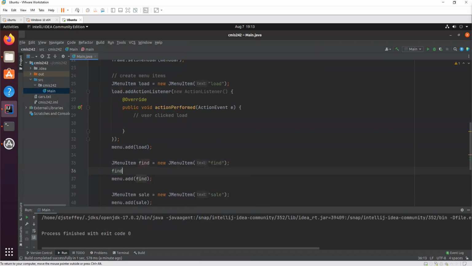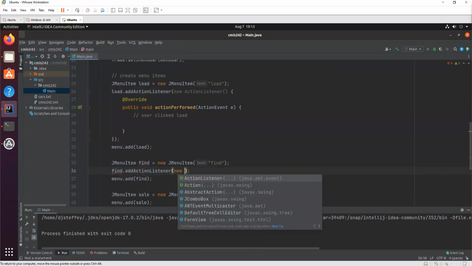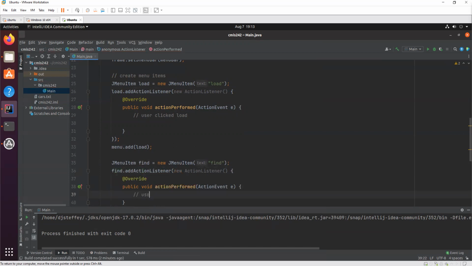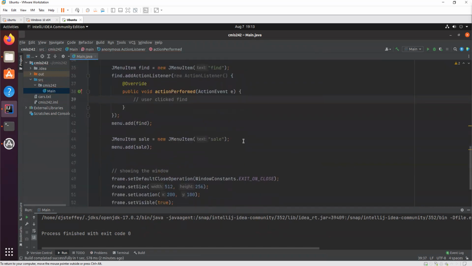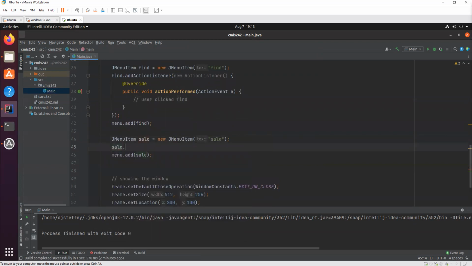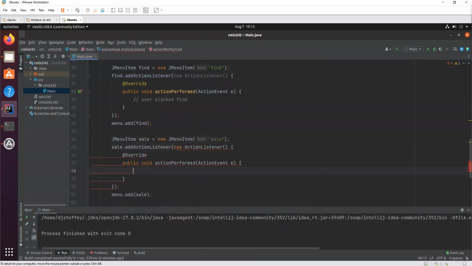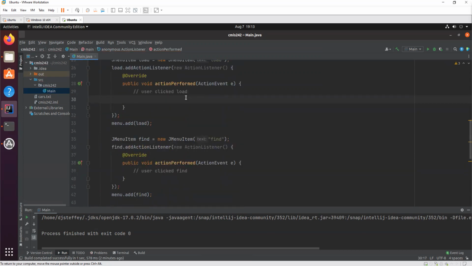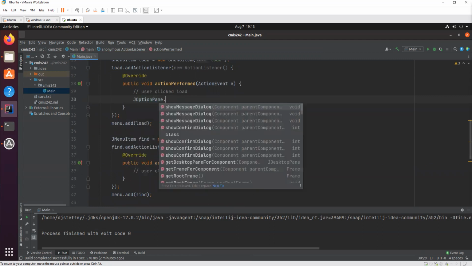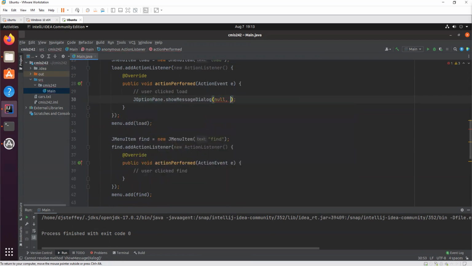The same thing with the find, add action listener, user clicked find, and the same thing with sell, add action listener, new action listener, the user clicked sell. Just so that we know it's doing the right thing, let's just do a little pop-up box here that says they clicked load.